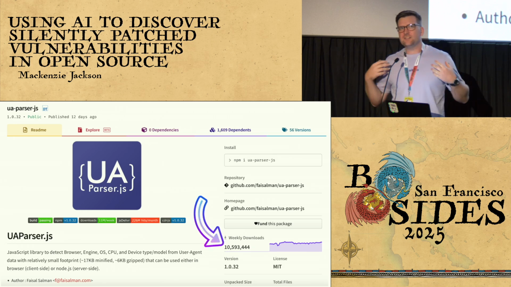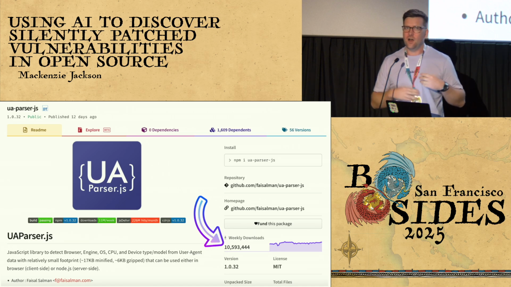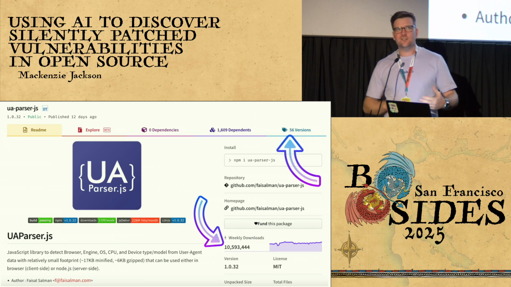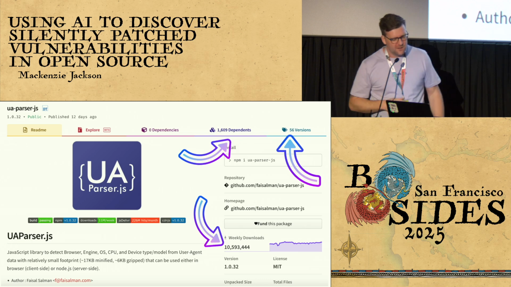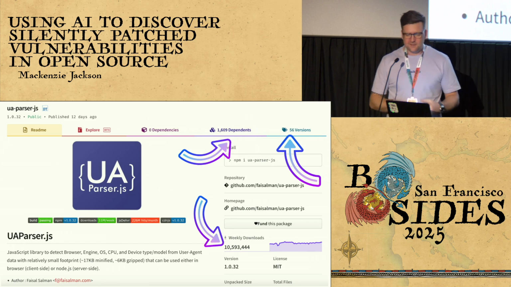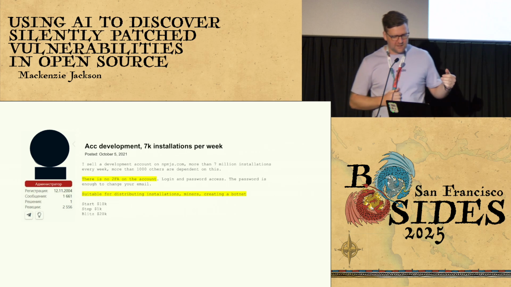And this would pass everyone's smell check as to what we should use in our application. It has 10 million weekly downloads. It has 56 versions, so it's got a long version history. It's got thousands of dependents on it. So this passes a smell check. And a lot of organizations and big organizations use this, including Meta and other massive companies, because it was pretty solid. But then, a while ago, this was posted on a Russian